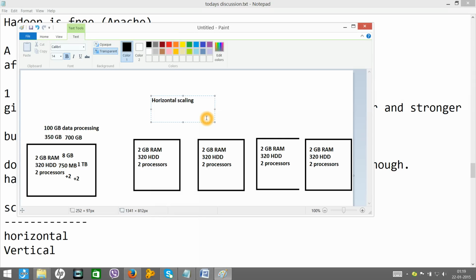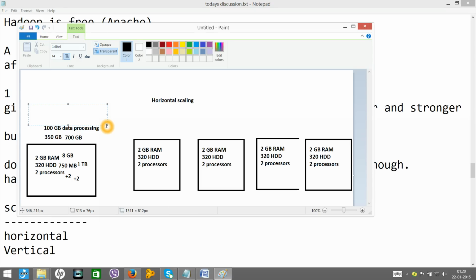This is called horizontal scaling because in horizontal scaling you will not face the problem of hardware limitations. In vertical scaling, there will be a point where you come across hardware limitations and you will not be able to add more RAM, more hard disk or more processors.